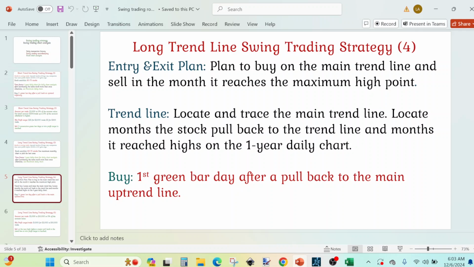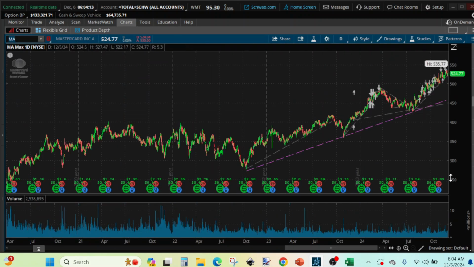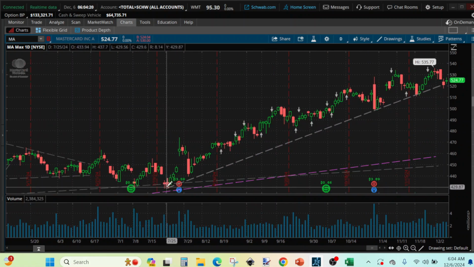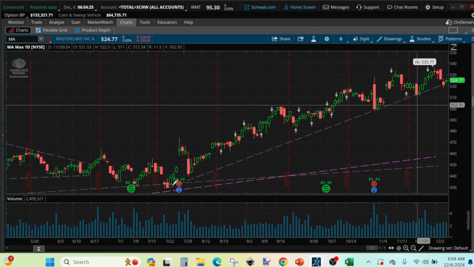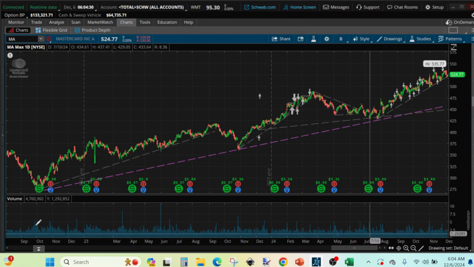So buy at the first green bar after a pullback to the main trend line, and that's why we are going to apply that to MA, believe it's MA, but MA we like to capture it on a shorter trend line, not this purple one, but this 5 months trend line,